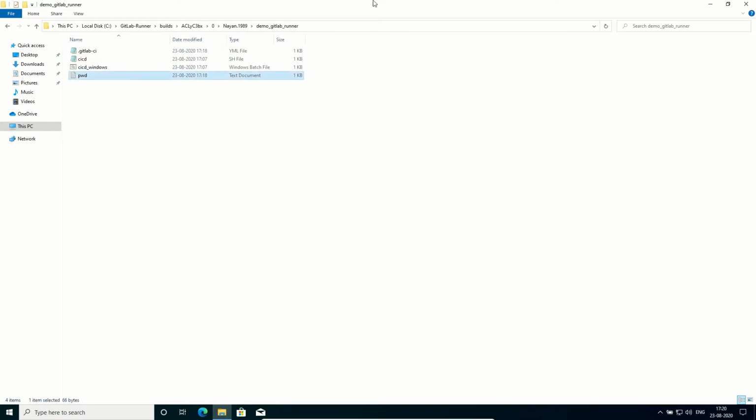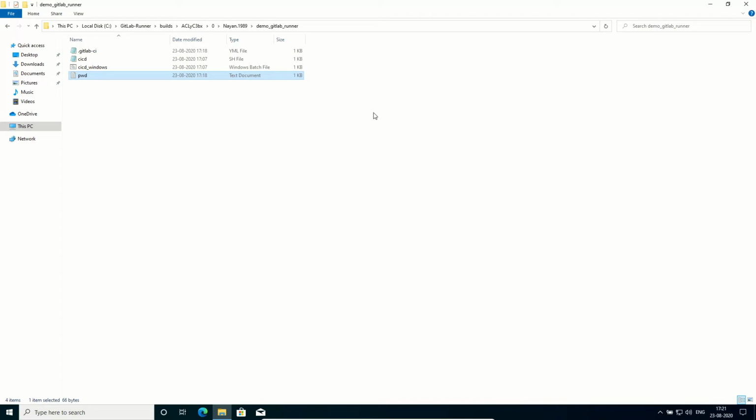So just to summarize what we have done till now: first of all we checked whether the project is there or not. If not, we need to create a project. If the project is already there, we need to check whether GitLab runner is registered and installed on our target machine or not. If not, we need to install and register GitLab runner, and if it is already installed and registered, make sure it's running on the system.